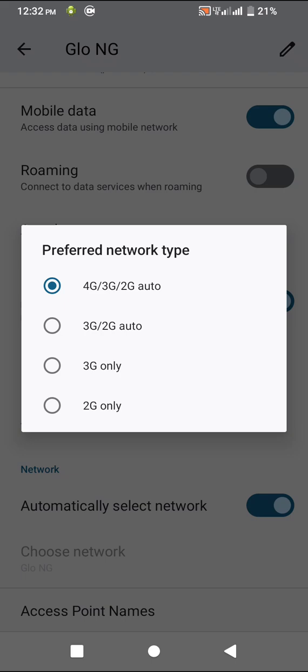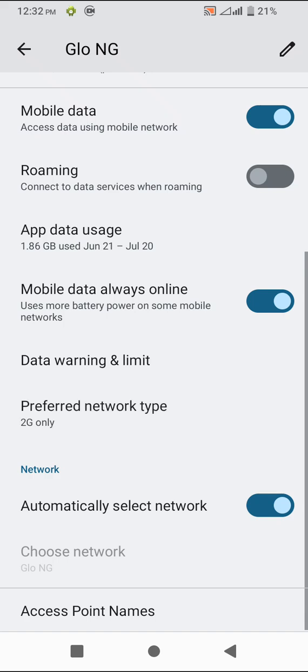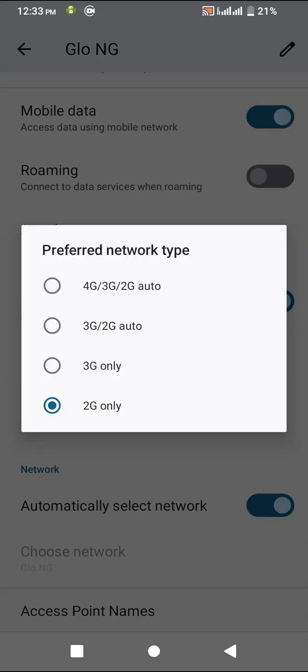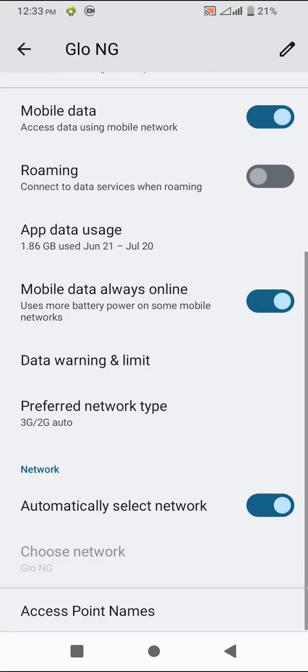So if it is on 2G network, then it means this phone network type is on 2G, and the 2G is the slowest network type we have, so we can't afford to make our network very slow while we are working. So this 2G will be very slow. So we have this 3G. This 3G is a little bit faster than the 2G network, and here also we have 3G or 2G. So this option will make the phone automatically select the network type,